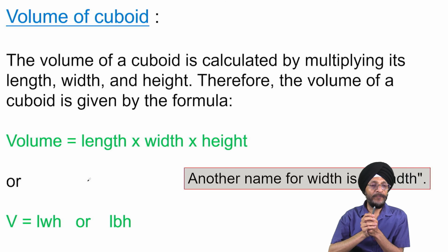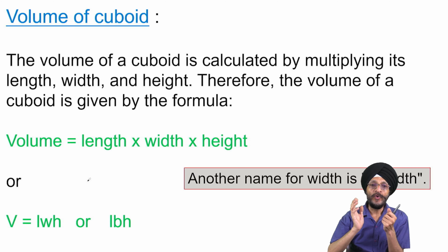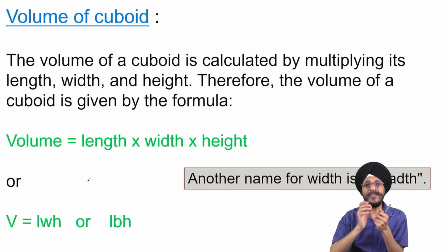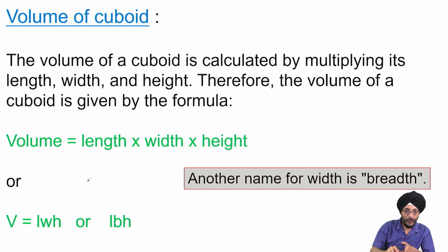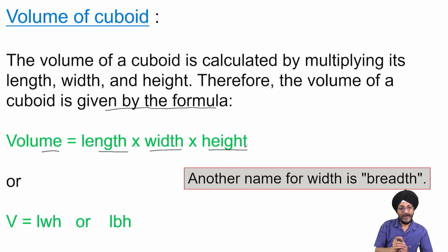Now we will understand how to calculate the volume of cuboid. It is very simple to calculate the volume of cuboid. Here we have to simply multiply the length, width and height of the cuboid. So the volume of a cuboid is given by the formula volume is equal to length multiplied by width multiplied by height, or we can also write it as